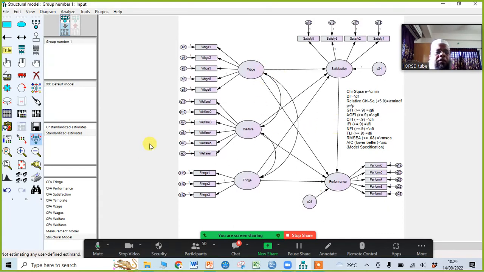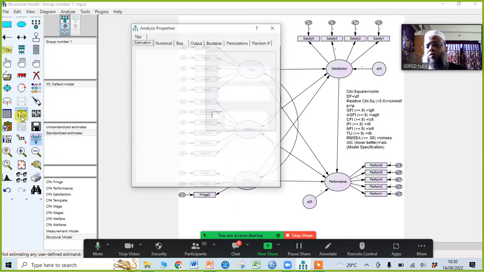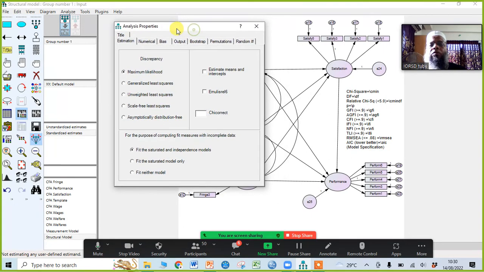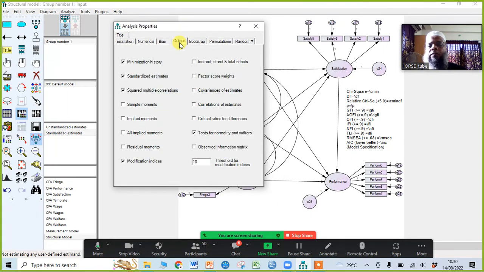Now we shall give the analysis properties, the results that we are expecting from our structural model. Here in the middle, we will go to the analysis properties and then to the output view.